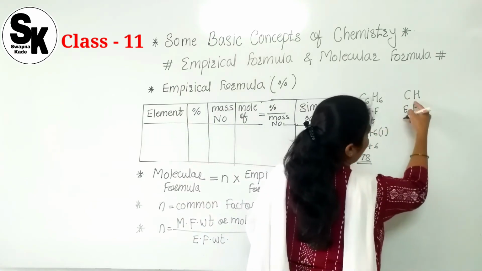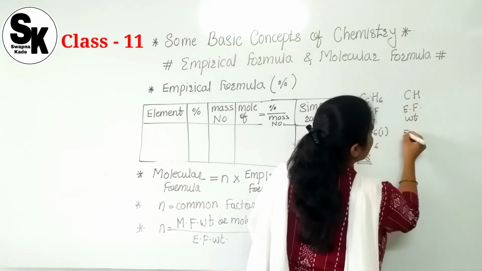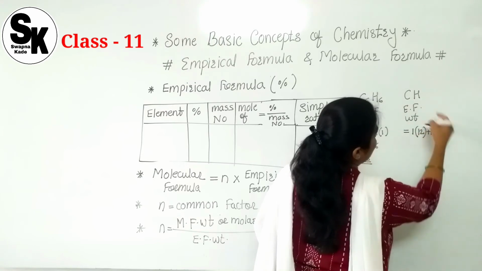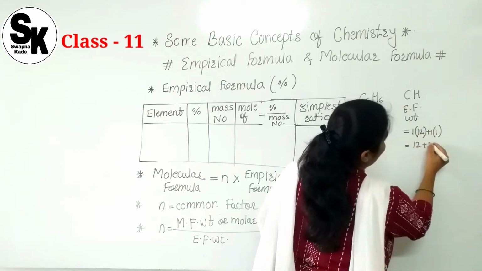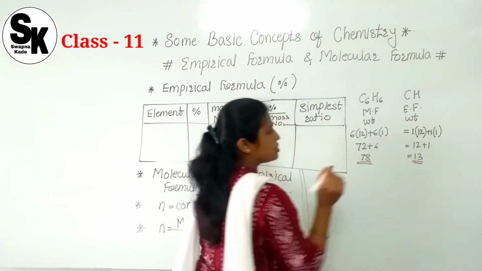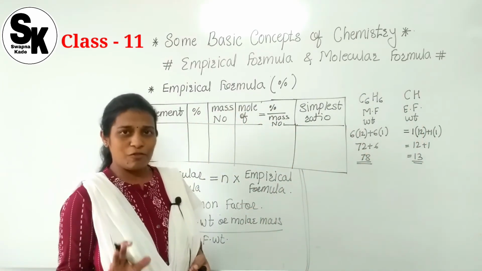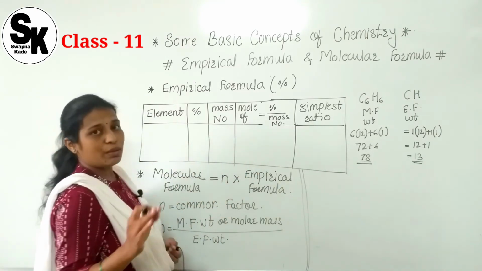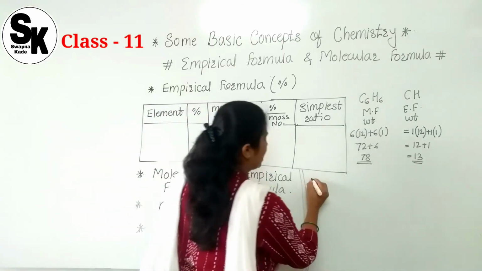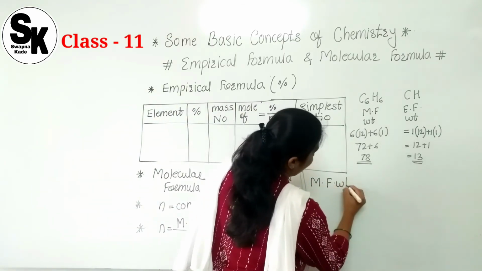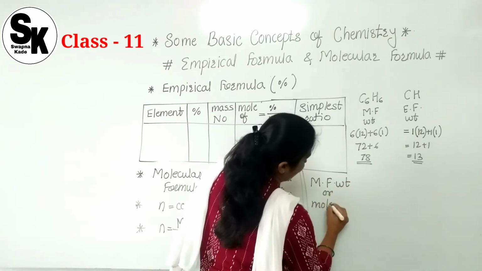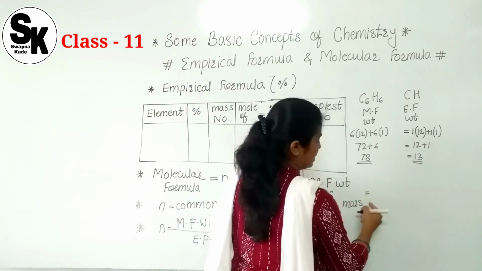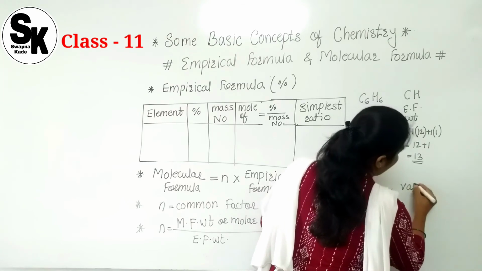Like that, if we want to calculate the empirical formula weight, here also the same thing we have to apply. One carbon is there, so 1 into 12 plus 1 into hydrogen 1. That's why 12 plus 1, that is nothing but 13. So this is the simple way to find out the empirical formula weight also. तो ऐसे करके हमने n calculate किया, empirical formula weight भी बोला मैंने कैसे find out करना है. Next one is to find out that molecular formula weight, जिसको हम बोलते हैं molar mass. There is another formula: if they have given the vapor density, that is 2 into vapor density.